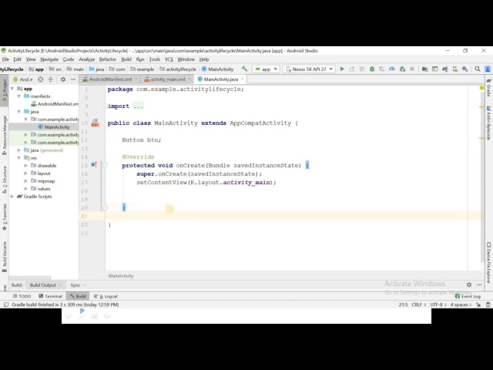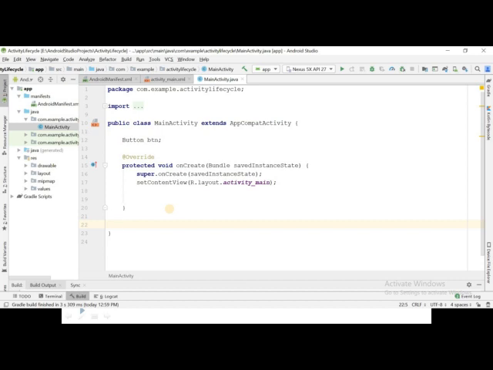Now we have discussed six or seven states, and along with those states, we already discussed their callback methods. We discussed that for each state, one or two callback methods are called. So if we want our own implementation of those callback methods, we will have to override those methods in our main activity class.